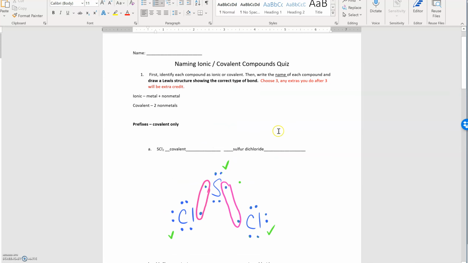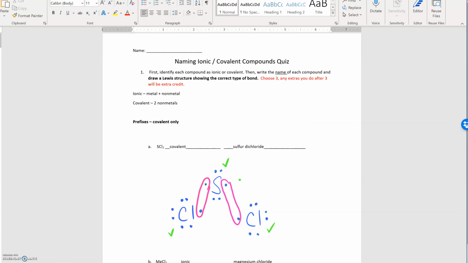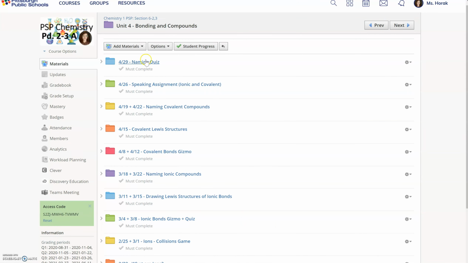So that is hopefully everything you need to be successful on this quiz. And again, also in the Unit 4 folder are the quiz, the naming assignment, and the covalent Lewis structures assignment. This information should help with all 3 of those. And if you have any questions at all, please just send me a message and let me know, or we can meet on a Wednesday and I can